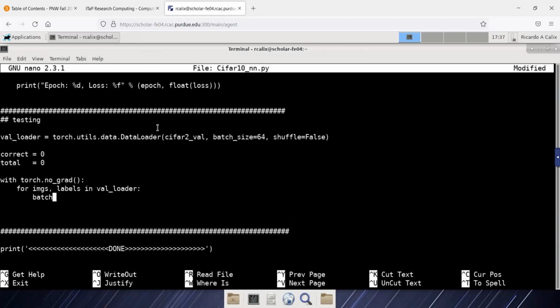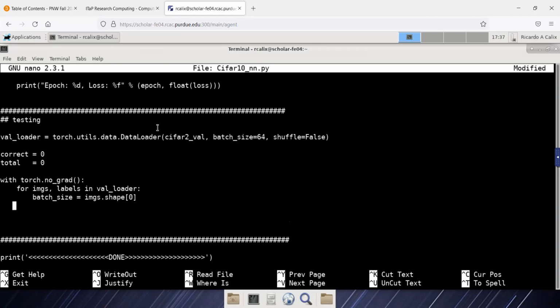Again, we calculate the batch size as we did before, which is just going to be imgs.shape, and we say that we want the first dimension, right? The batch, 64. So we've got the batch size,